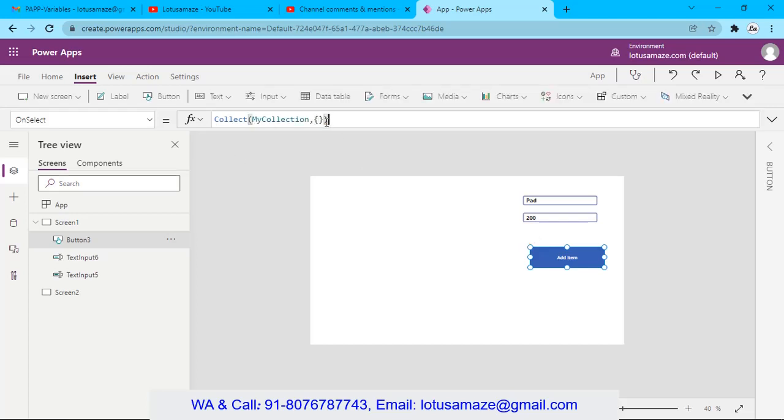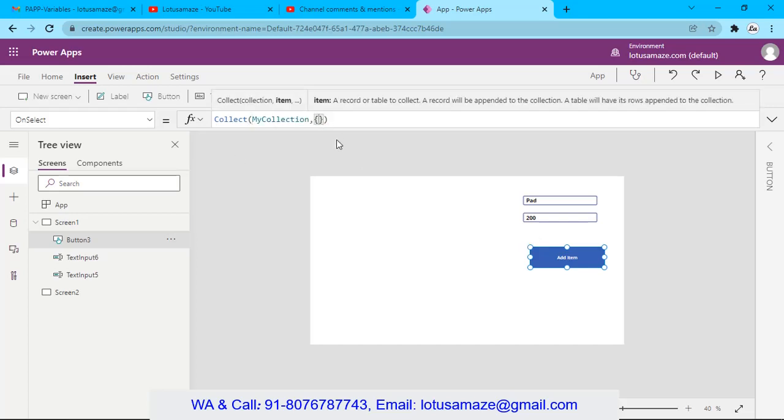In curly brackets, say Product colon, then a value for the product, say mouse, comma, Price, colon, say 1000. Okay, this collection is useful for data tables and galleries.